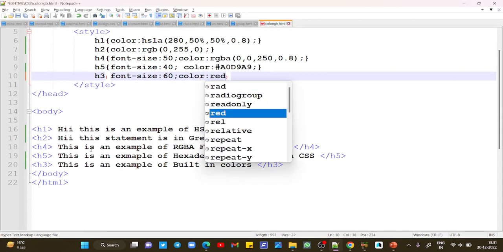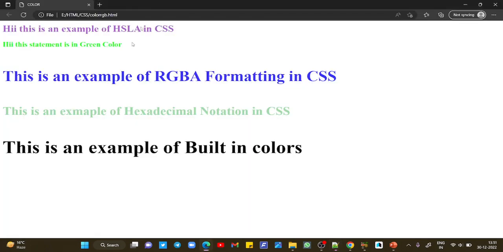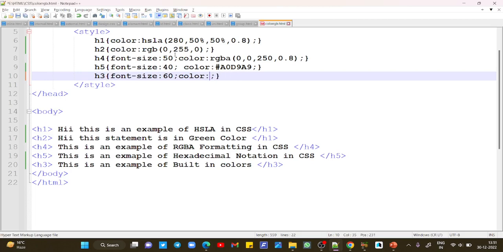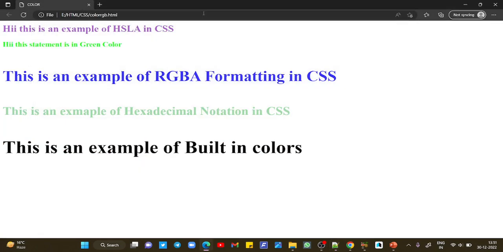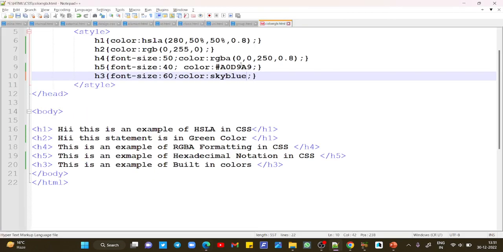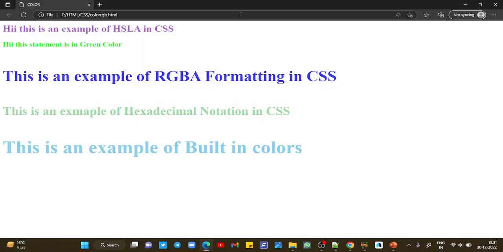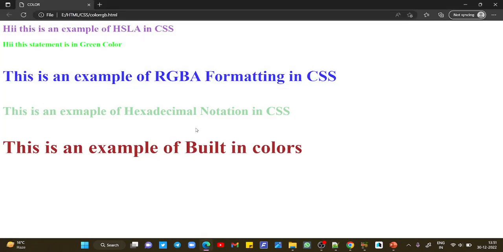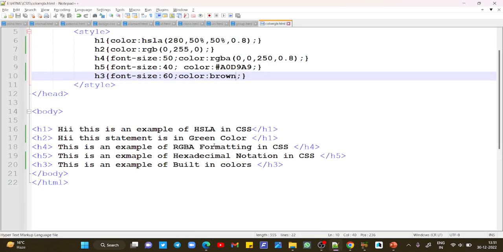Let's say color red, save, refresh, or you can write color sky blue, save and refresh. This is sky blue now. If I write color brown, save, refresh. Built-in colors allow us to directly write the name of the color that you want to use.